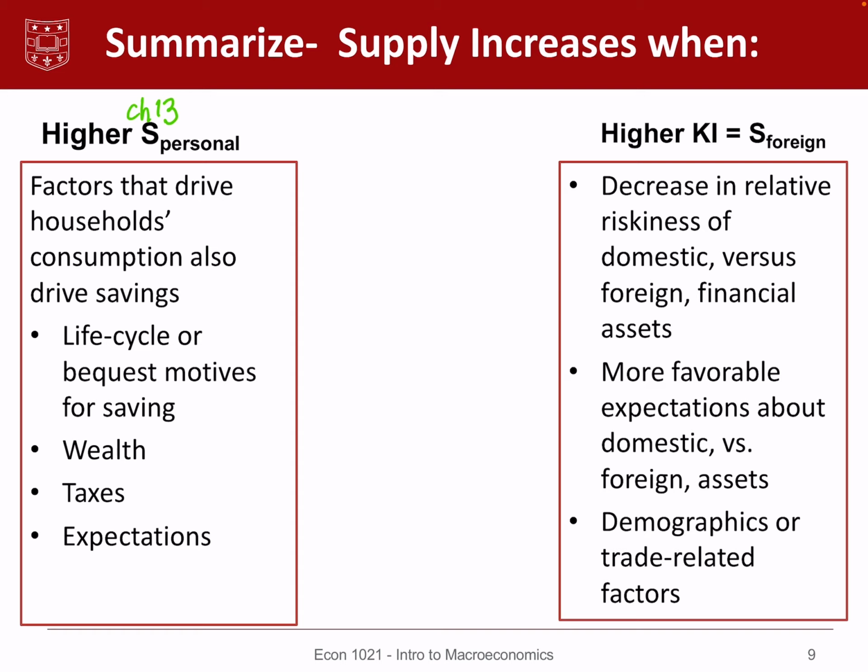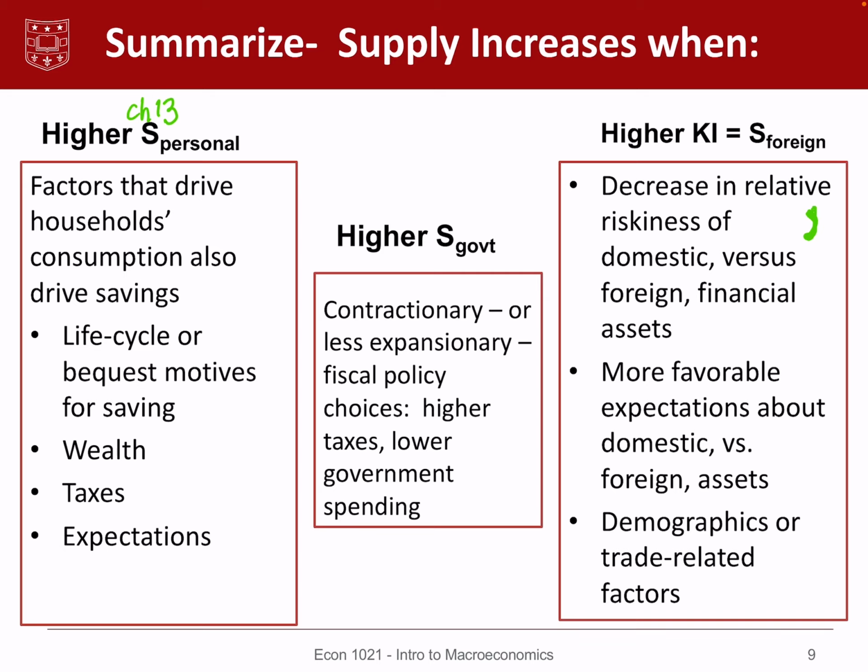We talked about this in the immediately preceding set of notes that the net capital inflows are going to rise in a domestic economy when there's a reduction in the relative risk of domestic assets, when there are happier thoughts about the domestic economy, and potentially according to some other variables that we might specify. And the only thing that we haven't talked about deeply is